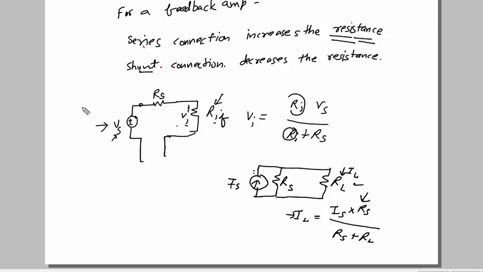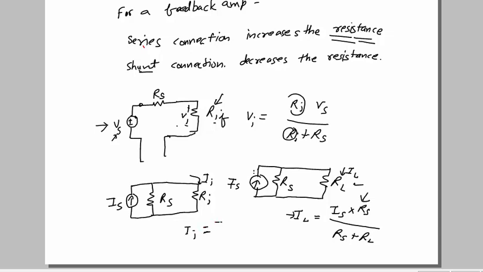Now let us check the shunt connection. Input side shunt connection, where are we using it? We are using it where the input side is a current. So let us have an ideal current source IS and RS, and this is going to be RI. Now what is this current here? II equals IS into RS divided by RS plus RI. I have used a simple current division rule.